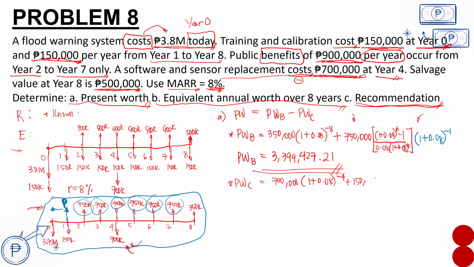The 150,000 is what we multiply with (1 + 0.08) raised to negative 1, because we move it 1 year, or 1 period, to year 0. And then we have our present worth of 3,950,000 pesos. The present worth of the cost. So the present worth of the cost overall is equal to